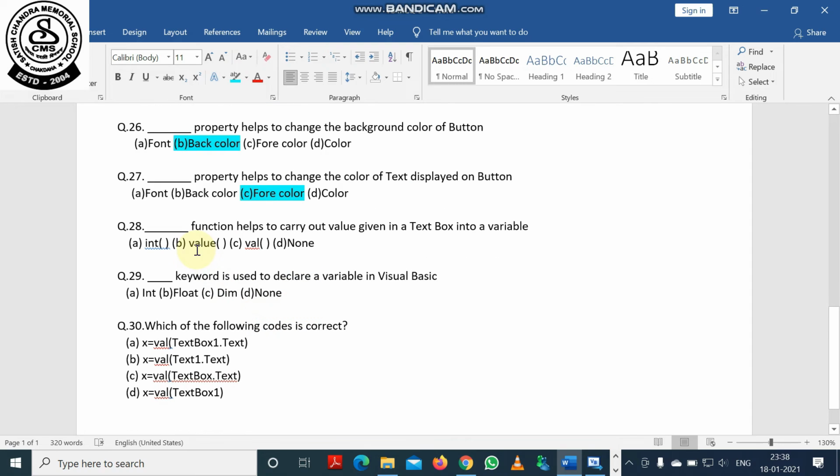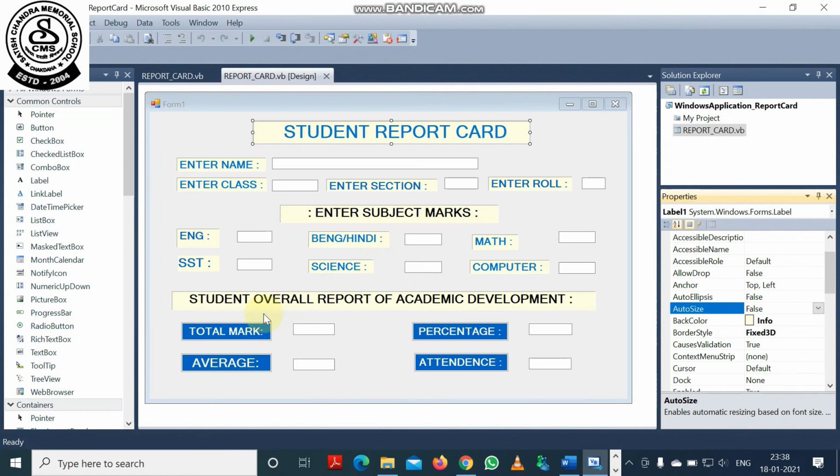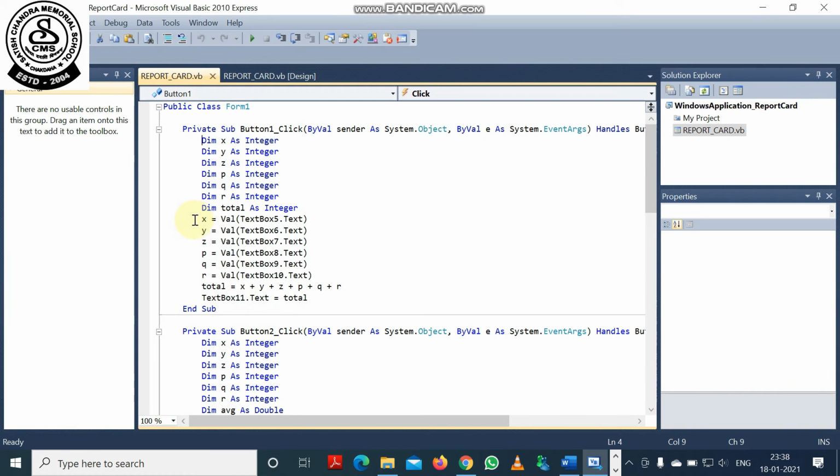Question number 28. Dash function helps to carry out the value given in the text box into a variable. So the answer will be val, because the val function extracts the value given in the text box into a variable. Suppose these are the buttons, 4 buttons. I'm double clicking on any button. You can see here many variables I've declared.